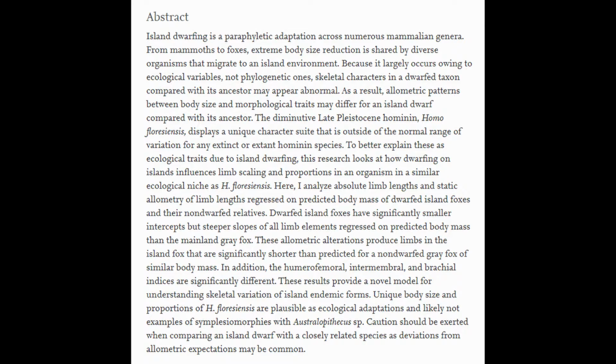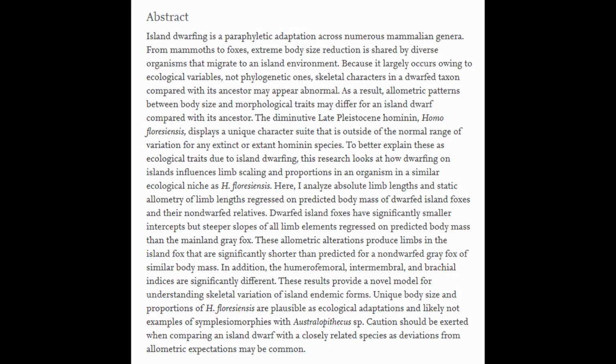These allometric alterations produce limbs in the island fox that are significantly shorter than predicted for a non-dwarfed grey fox of similar body mass. In addition, the humerofemoral, intermembral and brachial indices are significantly different. These results provide a novel model for understanding skeletal variation of island endemic forms. Unique body size and proportions of Homo floresiensis are plausible as ecological adaptations and likely not examples of symplesiomorphies with